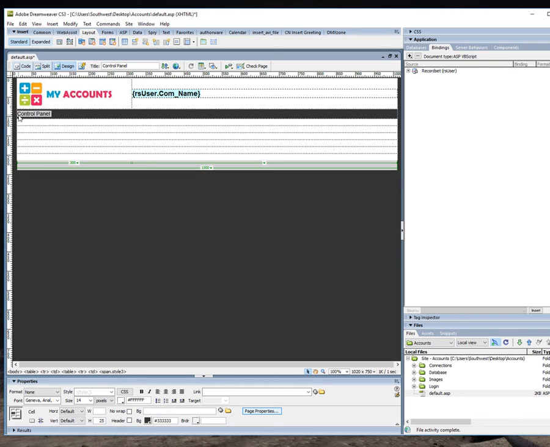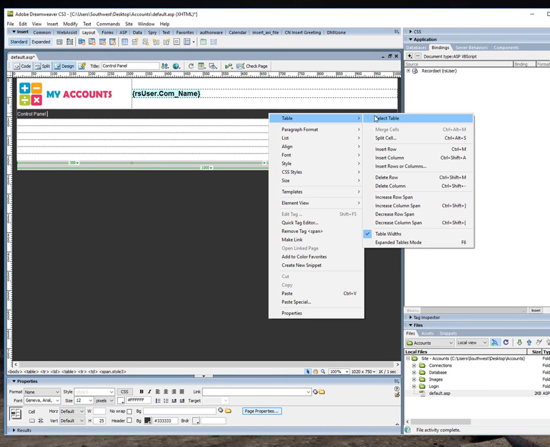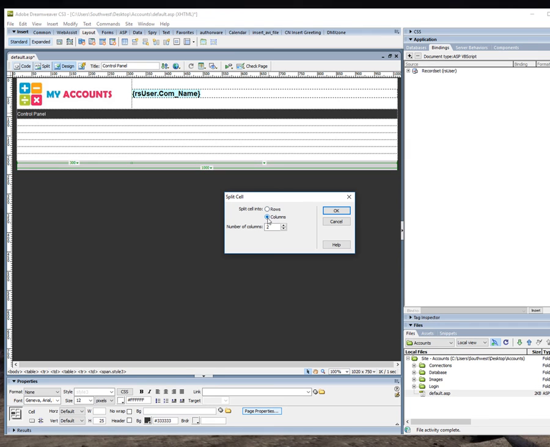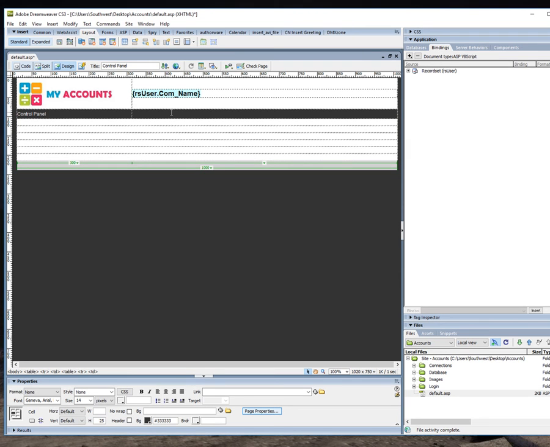I'm gonna just select the text and go up to 12. And this also I'm gonna split into two columns, and on the other side I want